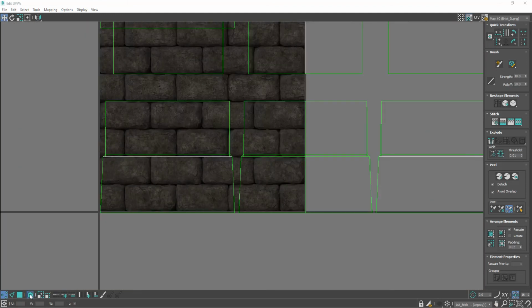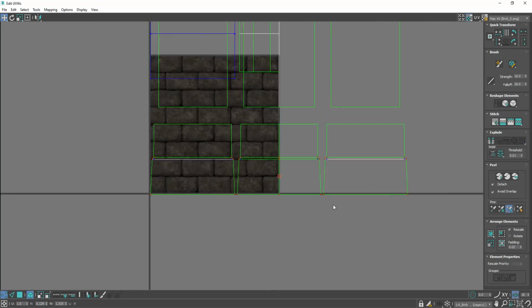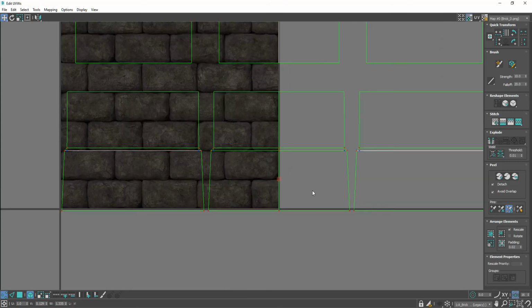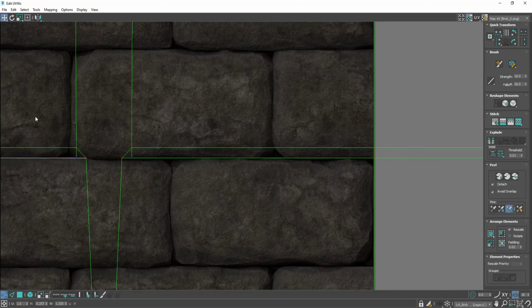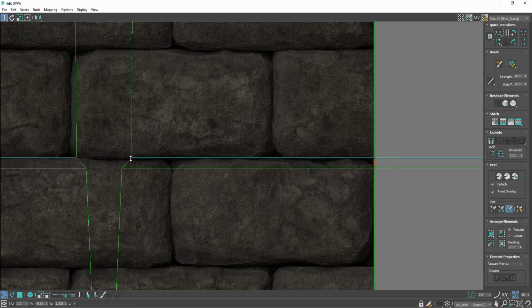I'm going to turn on select by element, and stay on vertex, and grab all of these. There we go. So I got all these. And now I'm going to turn off select by element and then just deselect the bottommost row. So then if I come over to the side, hold this down, and move this down,